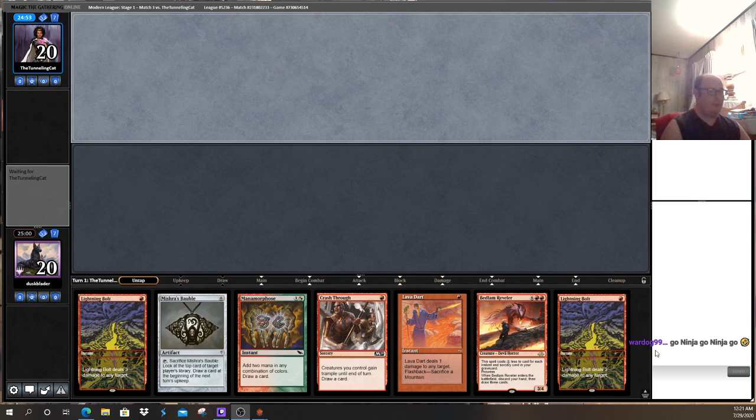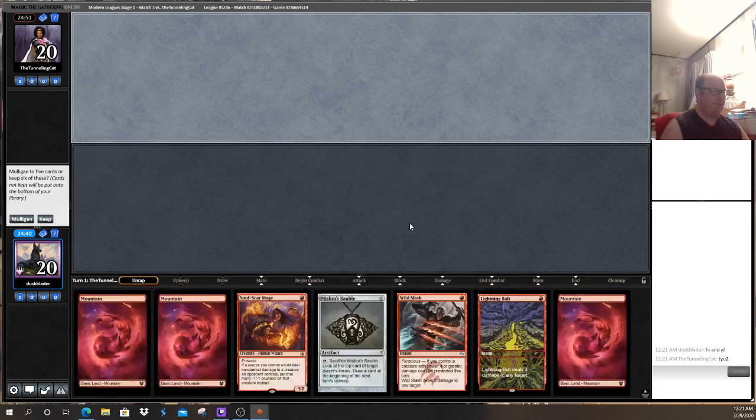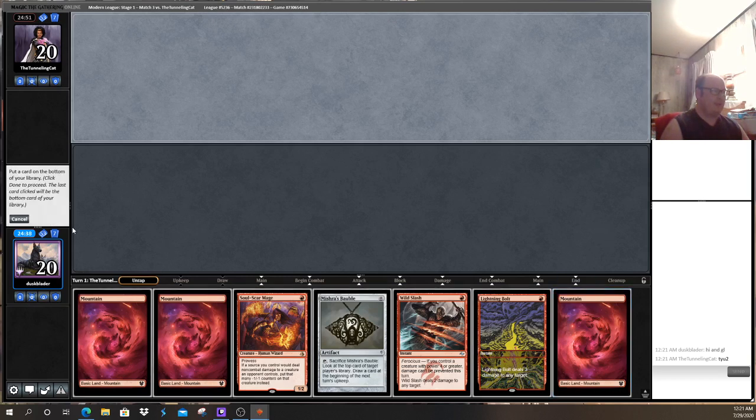Okay, we're back for the third match here. We're on the draw. Ugh. So, I get to operate with a lot of knowledge I don't normally have in this matchup. Number 1, the Tunneling Cat is always on Eldrazi-tron, and this hand is pretty bad overall because we have no lands anyway. This hand is better, but not fantastic, so